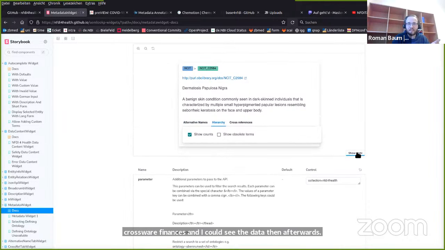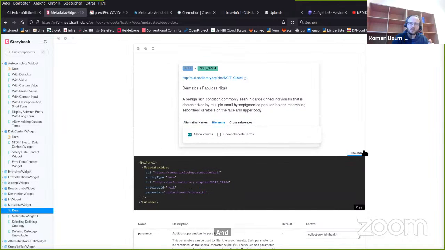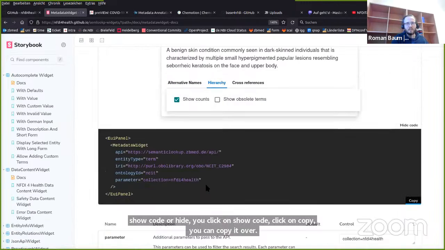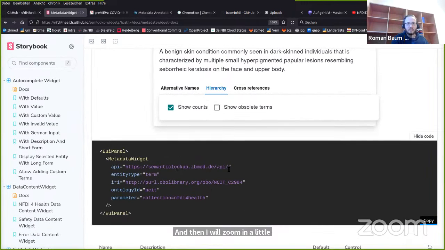And again, when you want to integrate that, you click on show code, click on copy, you can copy it over, and then I will zoom in a little bit. The only thing what you will do afterwards is you don't have to program anymore, you have to configure this widget, which means you have to say which API you want to query. You have to say which kind of entity type you want to have, which IRI you want to provide. It's also very easily to switch over from one,